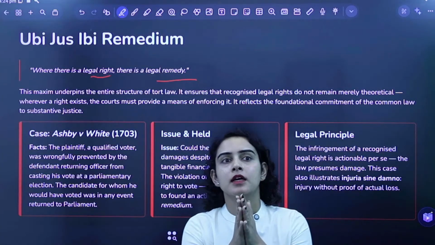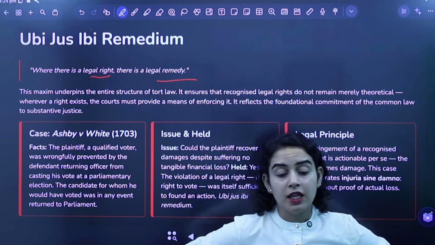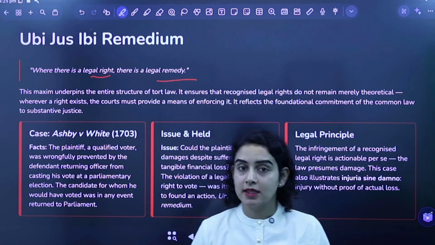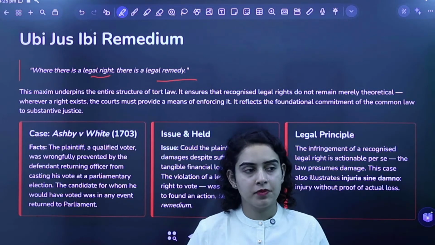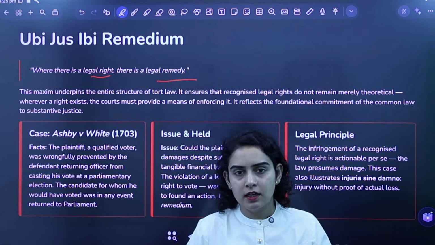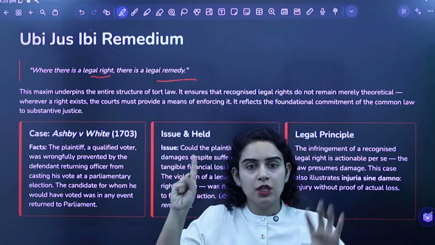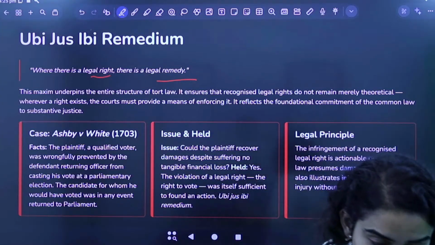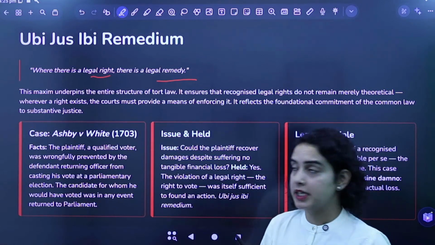ठीक है, अब इसका मतलब क्या है? For example, now you have fundamental rights. ठीक है, अब तुम्हारे पास fundamental rights हैं. If you know, you have 6 fundamental rights, and those fundamental rights में से एक fundamental right is right to constitutional remedies. अब इसका मतलब क्या है कि अगर तुम्हारे पास टोटल 6 fundamental rights हैं, ये जो 5 फंडामेंटल राइट्स हैं उसमें से कोई भी वायलेट हो जाता है, तो तुम्हारे पास एक 6th फंडामेंटल राइट है which says कि अगर आपके ये 5 में से कुछ भी वायलेट हो गया, then you can get a constitutional remedy, यानी कि आपको जस्टिस मिलेगा. Why? Because your fundamental right is violated, right?